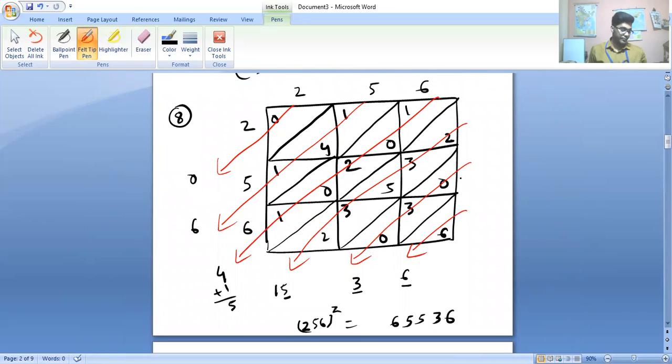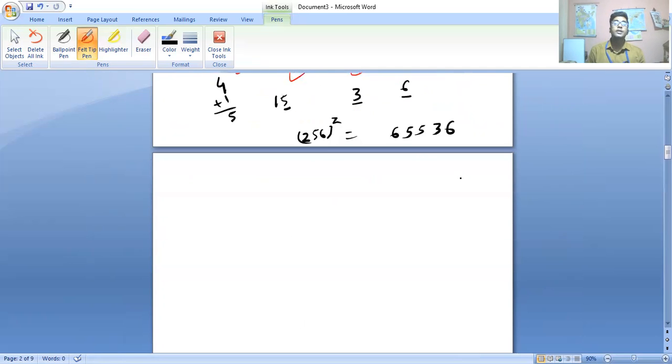That is the whole sum. Okay, students, now we are going to learn the square root of any number. First, we will learn by factorization method, and then we will learn by division method. So the first method will be factorization method. Factorization I've already shown. So without much delay, let us start.